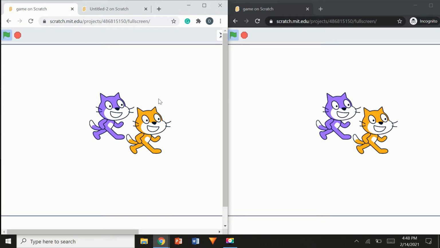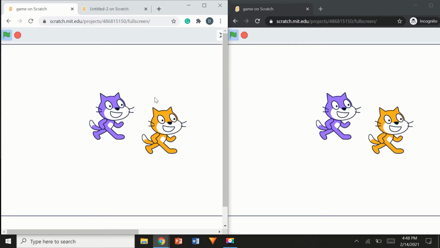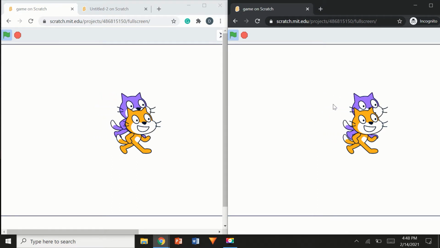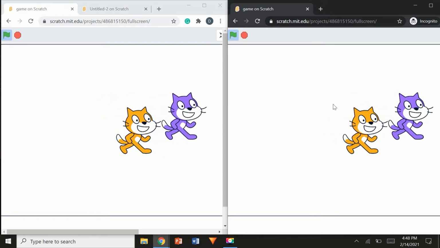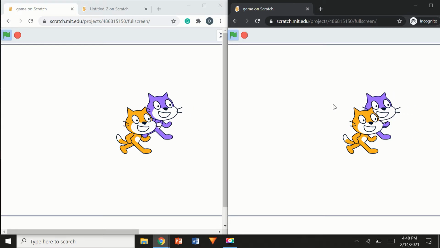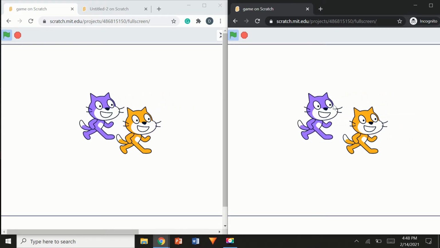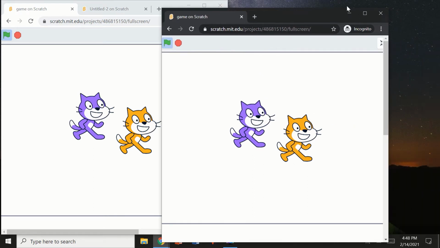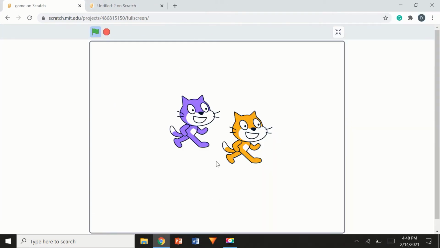So these are two different accounts. They're not the same account, so you're going to have to have two different accounts to test it. Now I'm going to go to the other one and click space to activate the purple cat. But that's going to be it for this. So now what we're going to do is just close this tab, maximize this one,